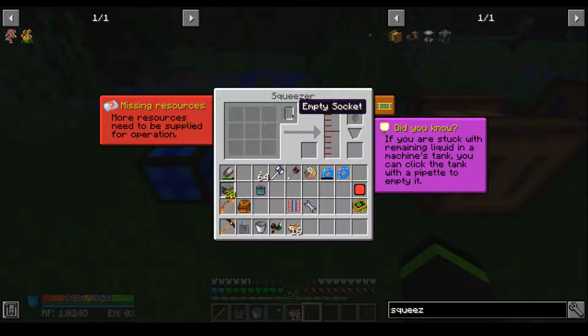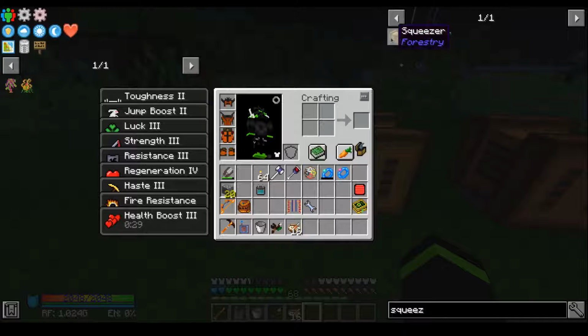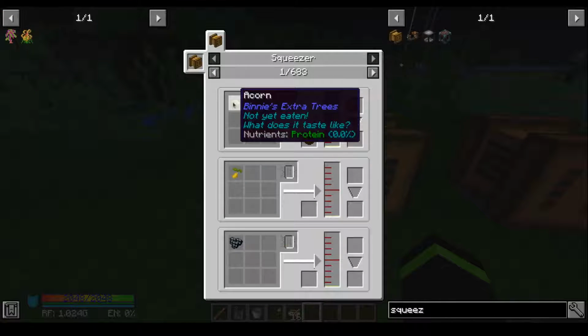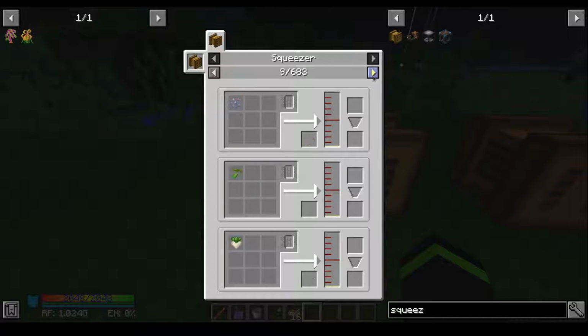supply it with something, usually seeds or whatever, and then it compresses it into a liquid. So if we do squeezer recipes, we'd put in like acorns or something like that, and we would get mulch and seed oil. More seed oil. Blackberry gives us fruit juice, and you can see that there's a couple of different things that you can put in there,